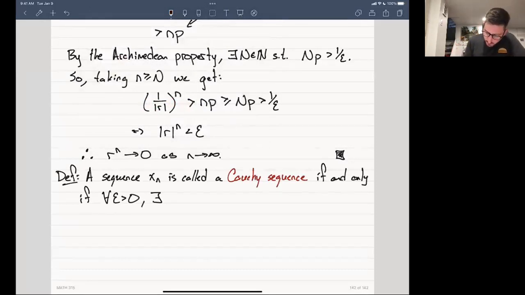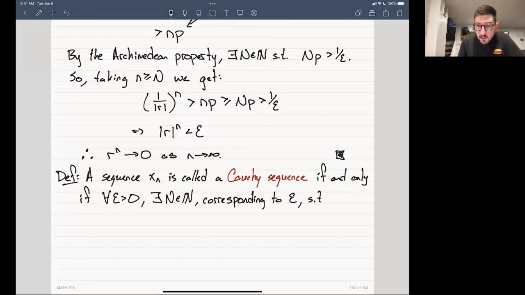There exists, the backwards E, we just saw that in the previous proof, so I have lots of shorthand because there's lots of writing. This is corresponding to epsilon again, such that if n and m are greater than or equal to capital N, this implies that xn minus xm is less